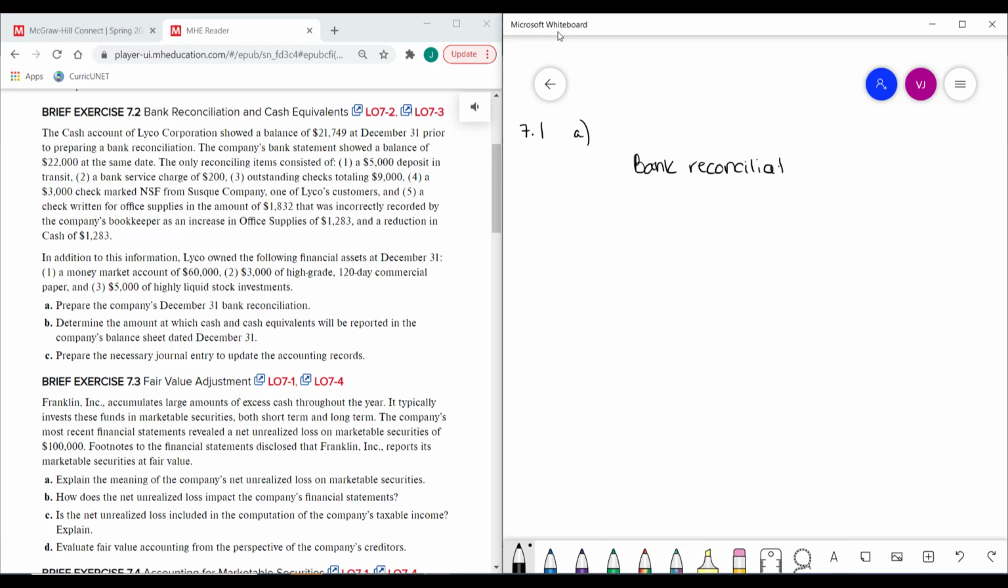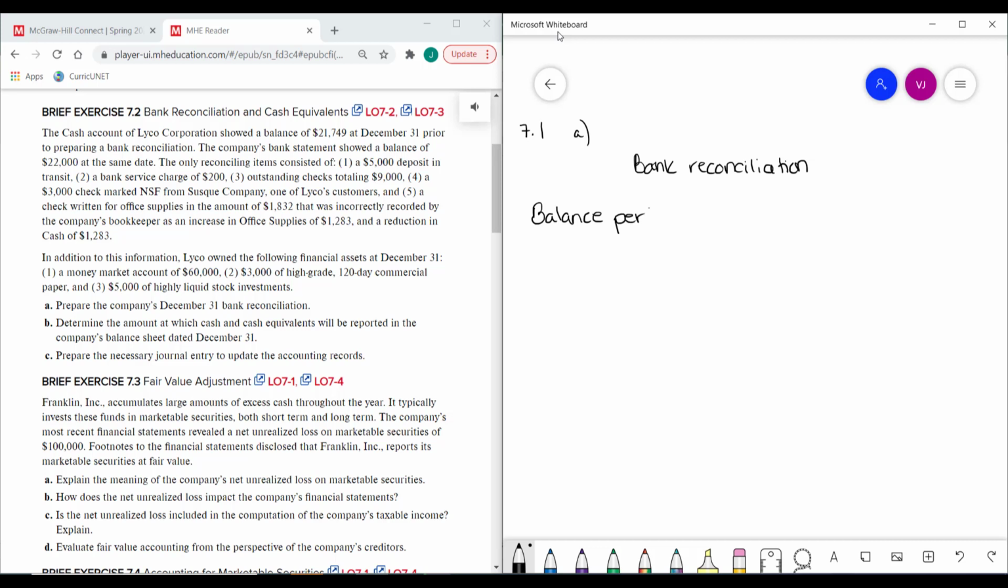And this is not a financial statement or anything like that. This is just a document that a company will do at the end of every month to reconcile those two amounts. Okay, so this bank reconciliation for LICO. So we'll start with the balance